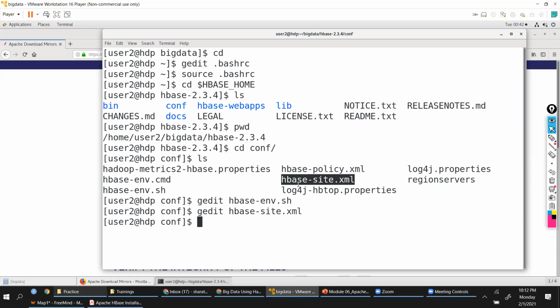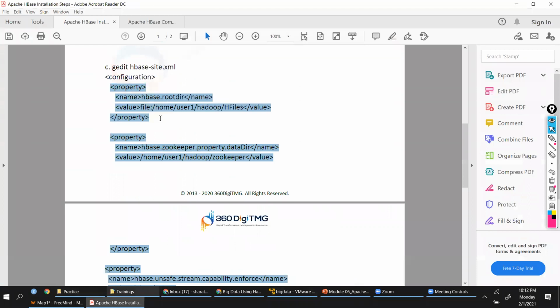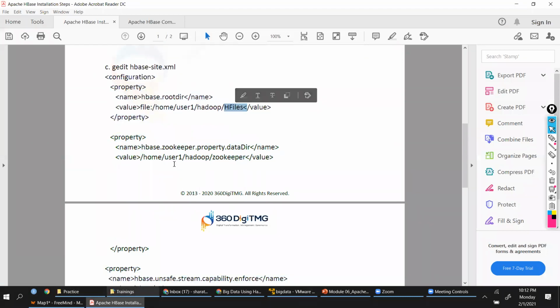And then we edit hbase-site.xml to give the root directory for your HBase where HFiles will get created. And for Zookeeper also, we need to give a directory because we are managing HBase by using an internal Zookeeper.